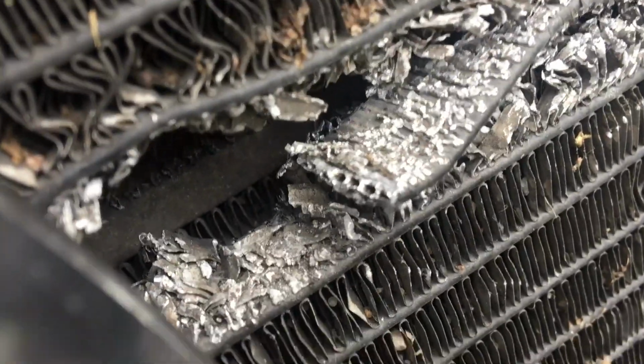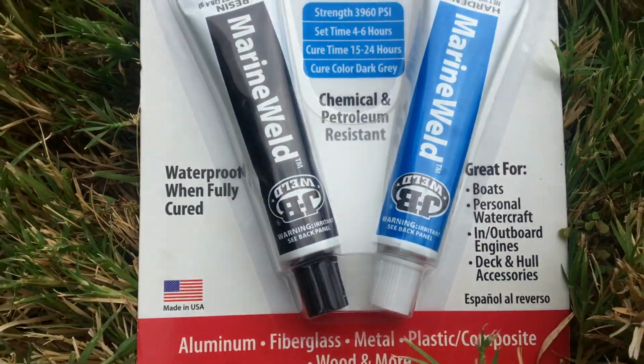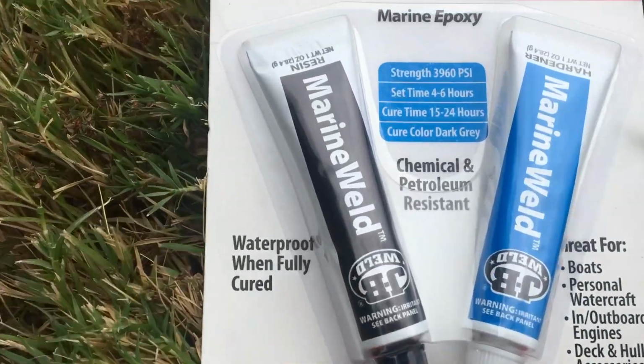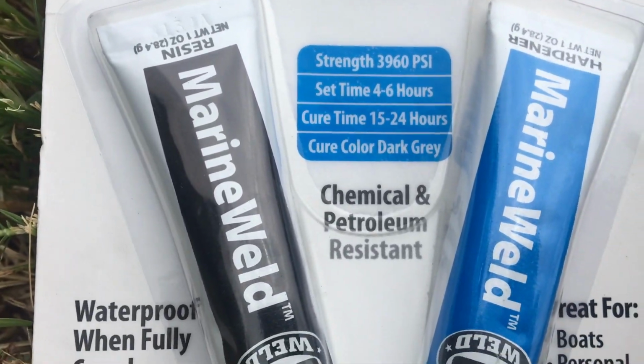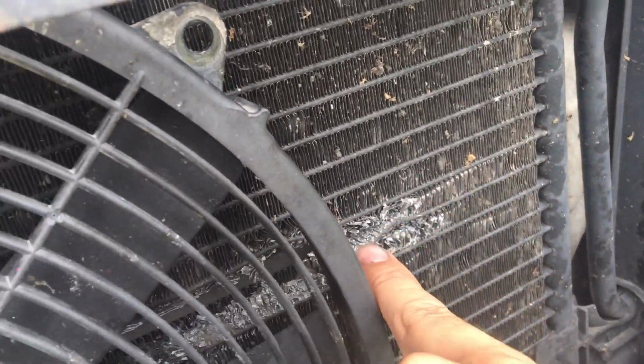Make sure, because it's so fragile, it's aluminum right here, and we're going to pack it, clean it a little more, and pack it with this boy right here, Marine, because it says chemical and petroleum resistance. That's what we need. So this is the cell,